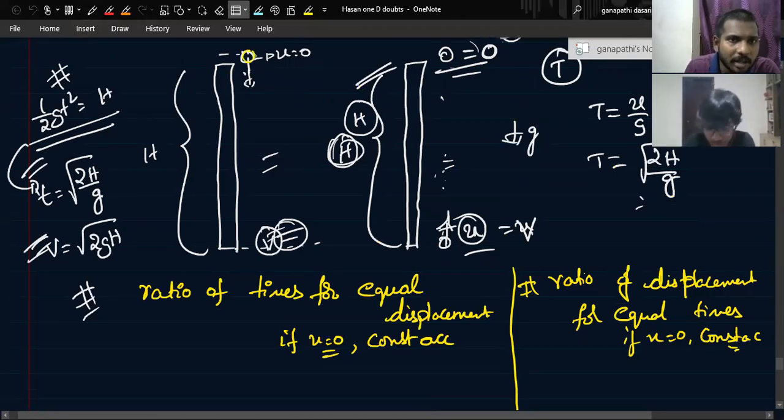Suppose the ball is thrown. I'm solving this first case, and I will replicate this to the second case, because this first motion is nothing but the reverse motion of the second motion, isn't it? If it takes u by g, or root 2h by g, to fall, it will take the same time, u by g or root 2h by g, to go up. The amount of upward time is equal to downward time. Time of flight of upward motion is equal to time of downward motion. Already I told you this in the previous class. So the first second covered in motion is actually equal to the last second covered in motion.